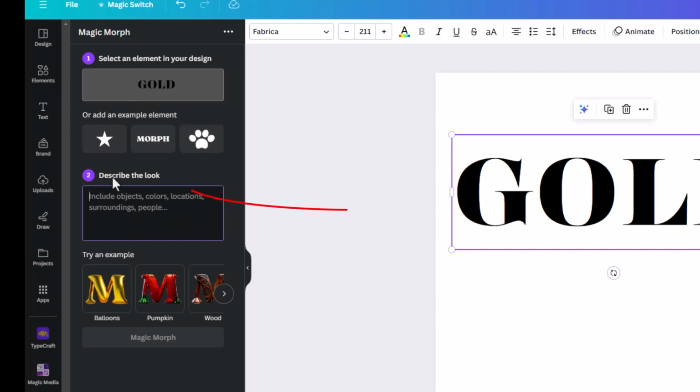It says describe the look, so we're going to say 3D gold letters. Depending on if you have a picture selected, it will change the picture into something else, but if you have text selected, it specifically changes each letter. So you just click on the Magic Morph,